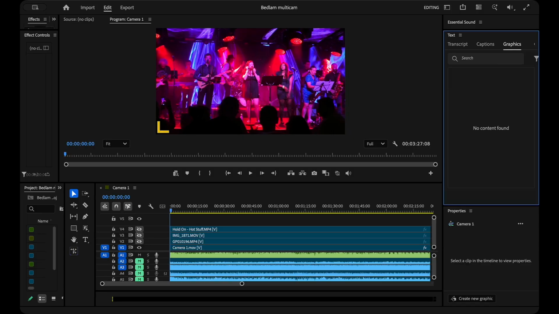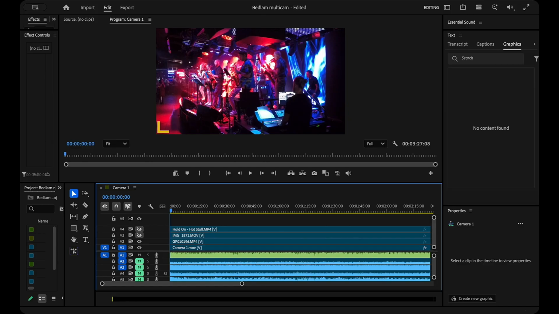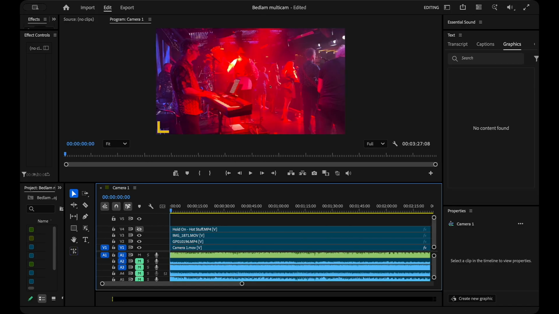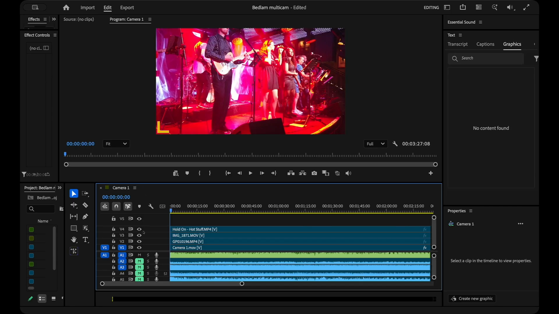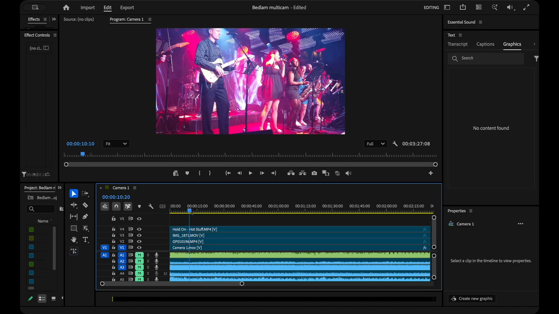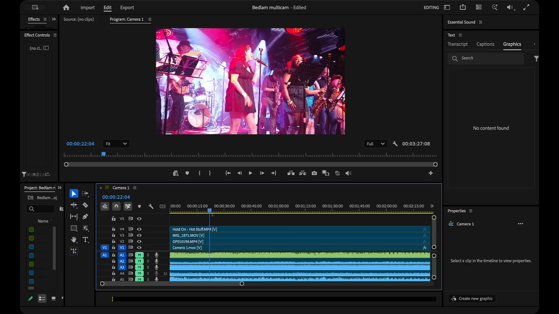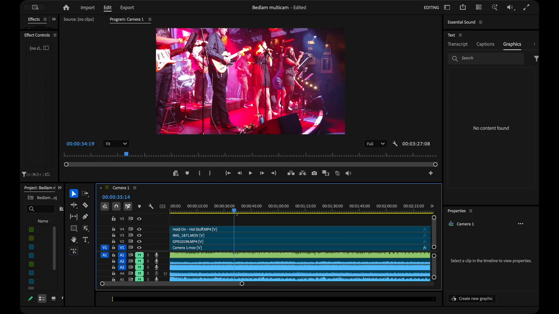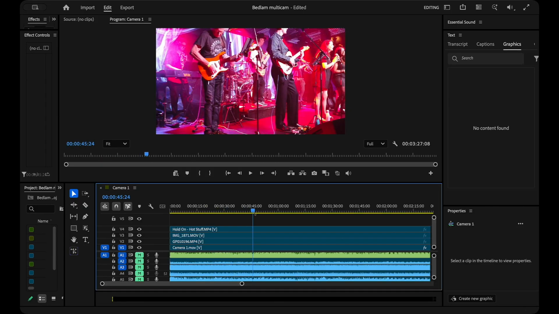This is a video I took of my band Bedlam, and I used 4 cameras for this. The base camera had an overview of the stage. Then there was a side view from a different camera, a rear view from a camera I placed at the back of the stage, and a moving camera. And if we scroll through this one, I'll just mute the soundtrack, you can see that while the person who was holding it got it right most of the time, there were times it was just pointing in completely the wrong direction and cutting people's heads off. So we have to be very careful when editing this one.